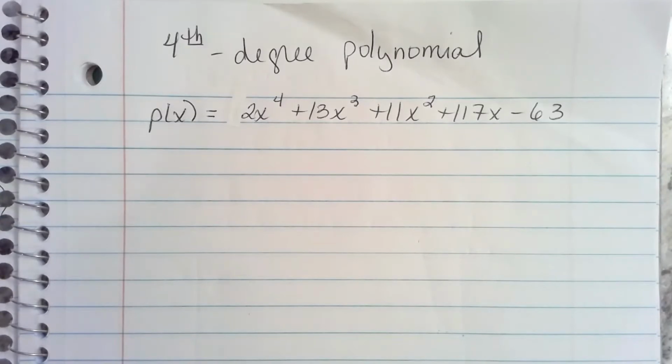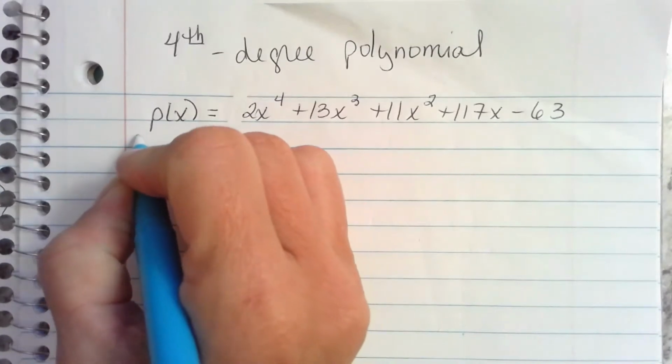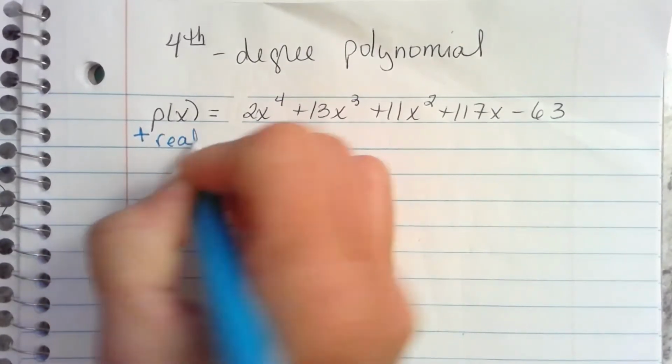So we have this fourth degree polynomial, and we want to factor it completely. Well, factor it over the real numbers. In this particular problem, we can't factor it completely if it's over the real numbers. So let's get started. The first thing that I want to do is consider Descartes' Rule of Signs. If we want to look for the positive real zeros,